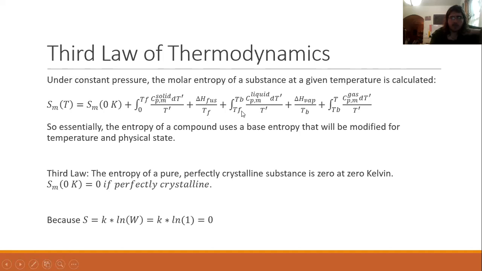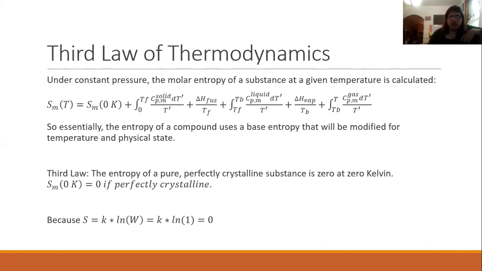Then we can calculate from freezing to boiling point. So how does the heat capacity change? And what's our entropy change for vaporization? And we can calculate our heat capacity for a gas to find our entropy for that gas. Essentially, entropy is compounded at a constant temperature as we keep moving from phase to phase, switching